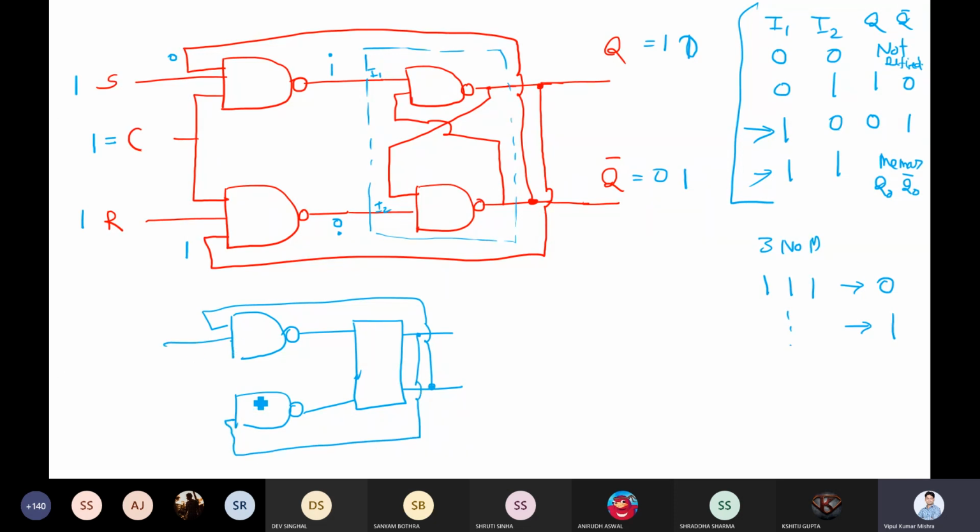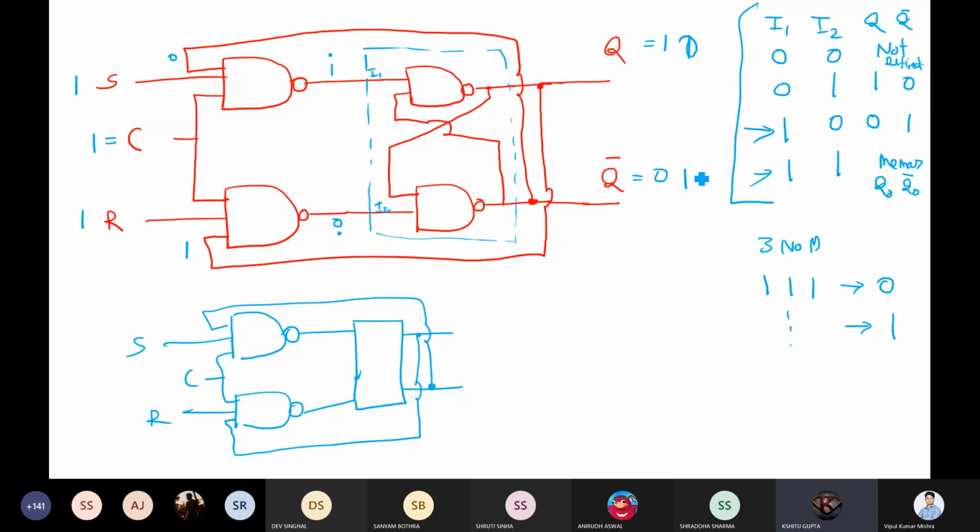You have S and R, and you have a clock. Now this box is represented by this table. Do not need to run it with the NAND gate. Just look into this table, because we already went through the explanation of this latch with this table. So just look into this table and find the value. Got it? Any doubt, guys, till this point? How it is changing to 0, 1?